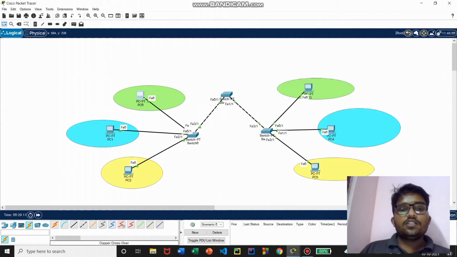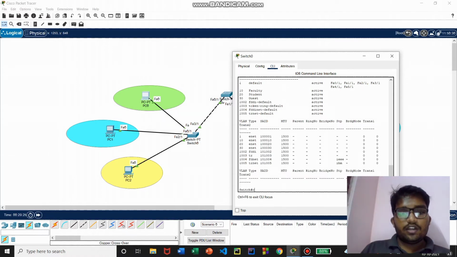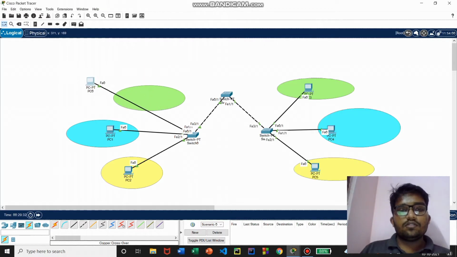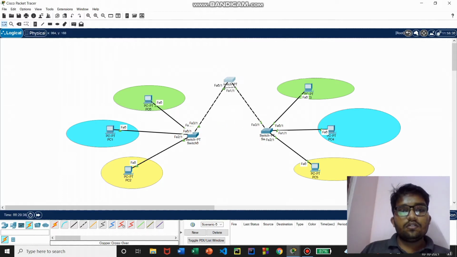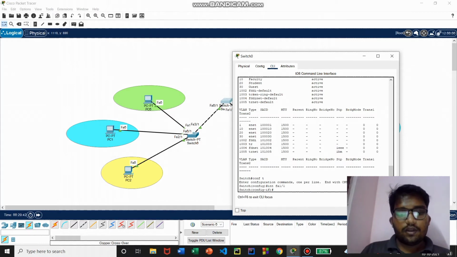This PC, faculty 1, has interface FA1/1 and that is available under the default VLAN. So we just have to switch that to this VLAN. Let me do that now. Config terminal, interface FA1/1, and now I have to use the command switchport mode access.